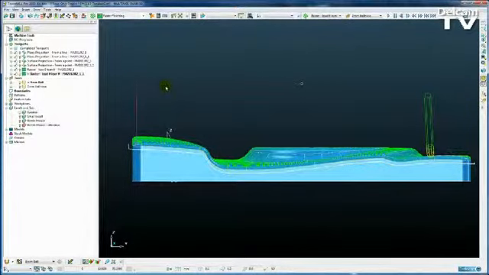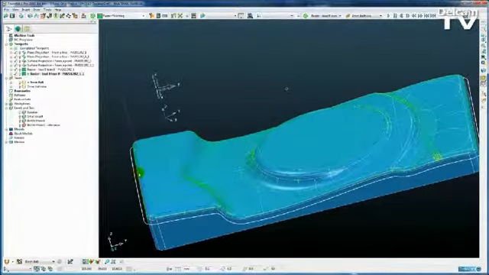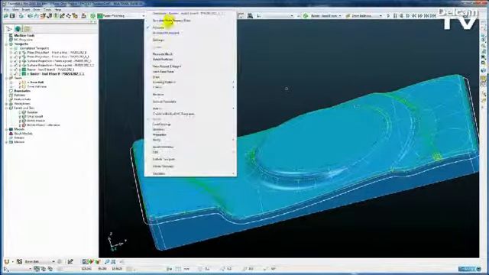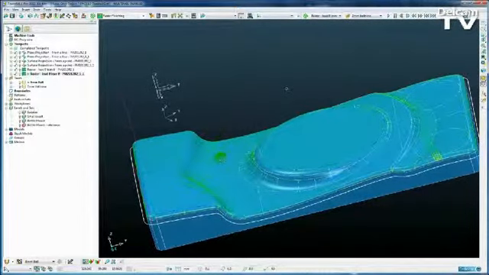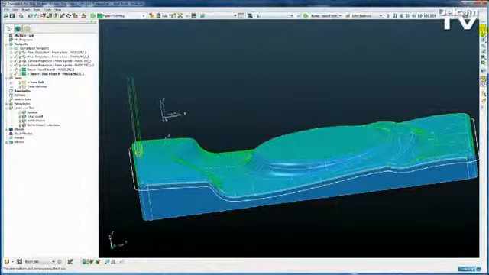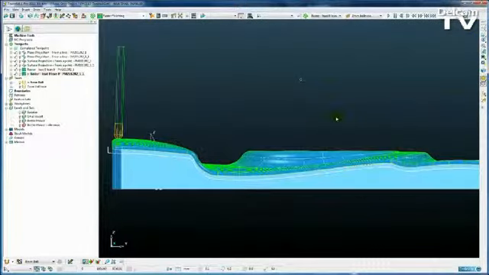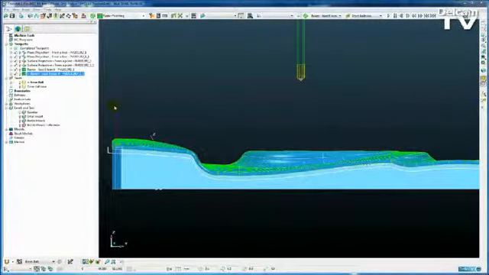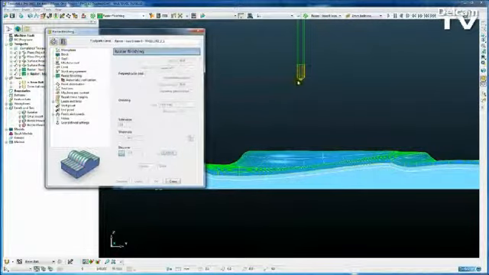Let me just jump ahead to somewhere in the center rather than where it rolls over the end, and look from the side again. So here we can see it going down, up and over the part, all times staying normal to the surface. As well as that, if we wanted to get the tool away from the tool tip where it doesn't cut very well,